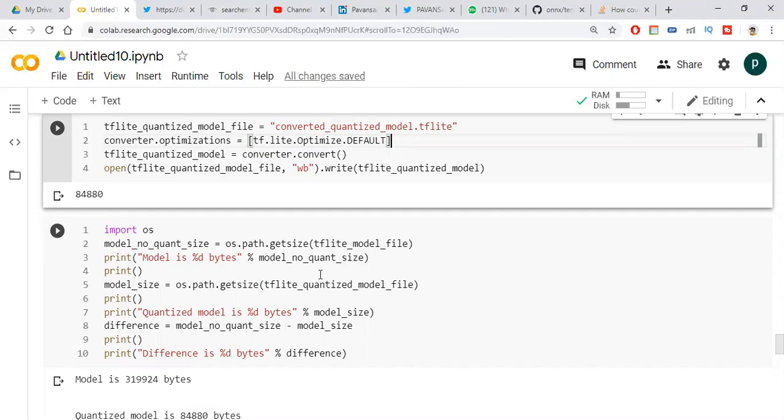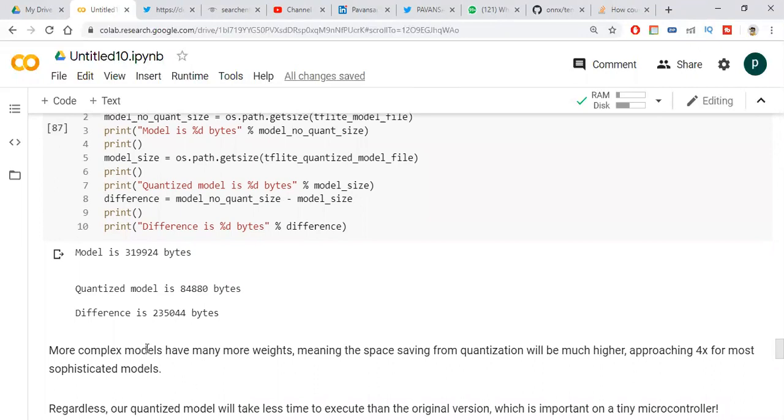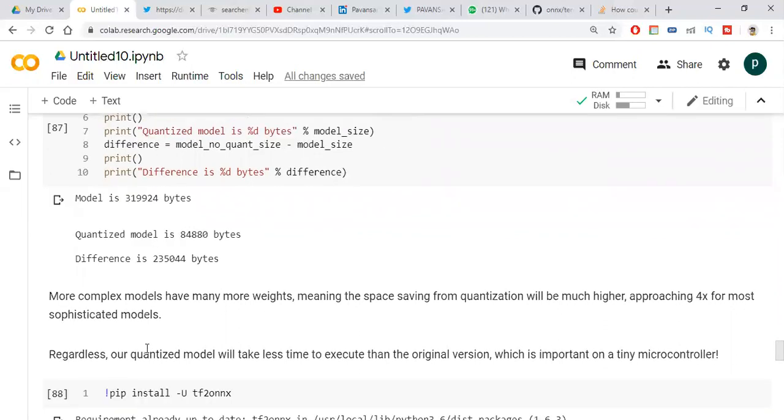See, the difference is 2,35,044 bytes. So this is a very big difference. The model size is decreased. If our model is very complex, then quantization will be effective because our model size will be reduced so much.